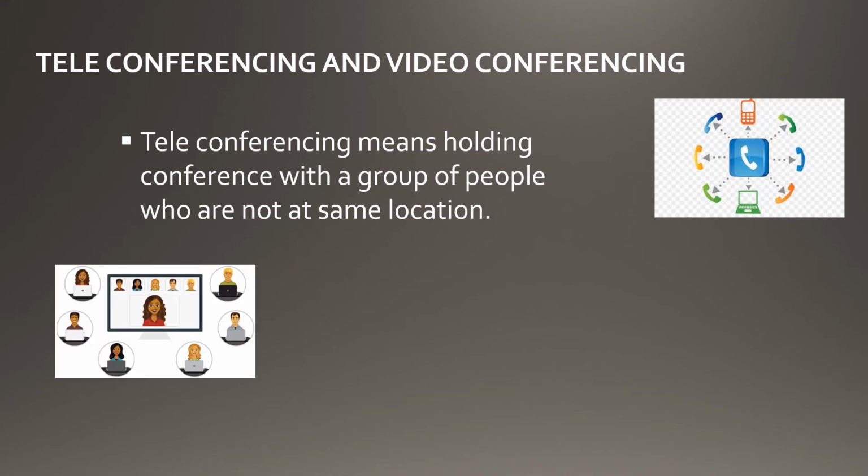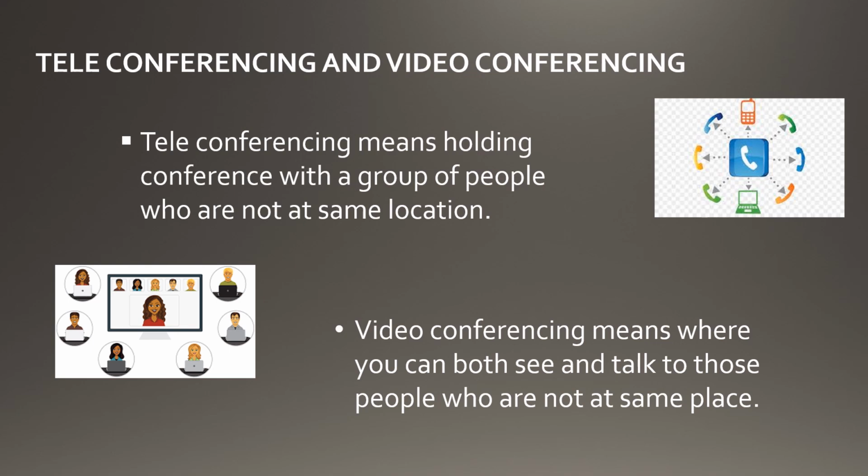Now going on with video conferencing. Video conferencing refers to where we can hear and talk to people who are not at the same place while seeing them. These are used on computers. It depends upon our requirement. If we have to send an urgent message, what do you think of? We think of the mobile phone.